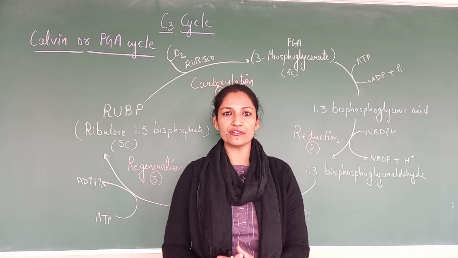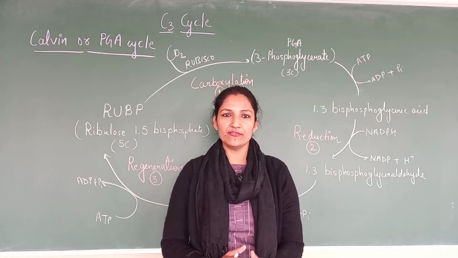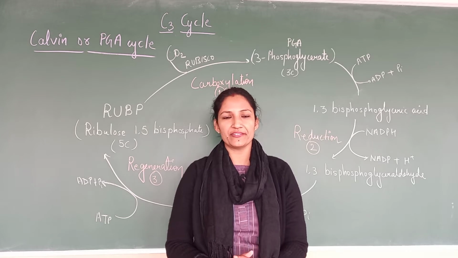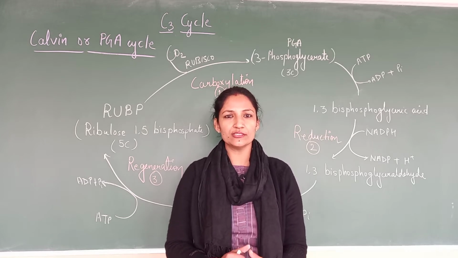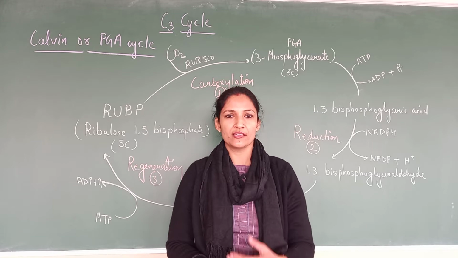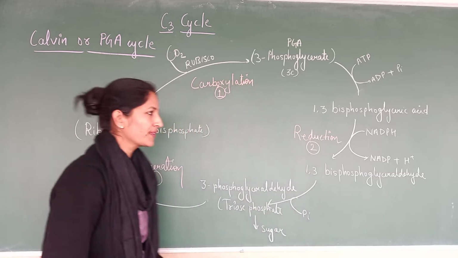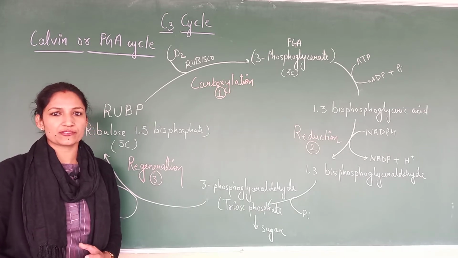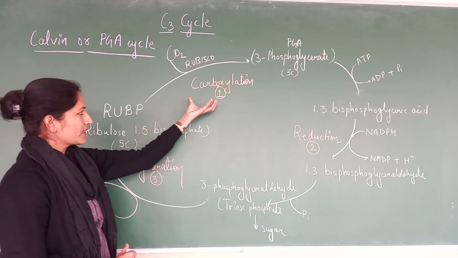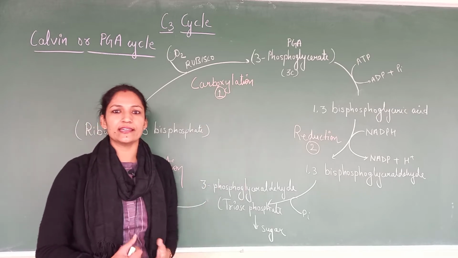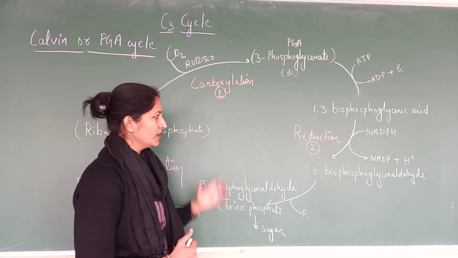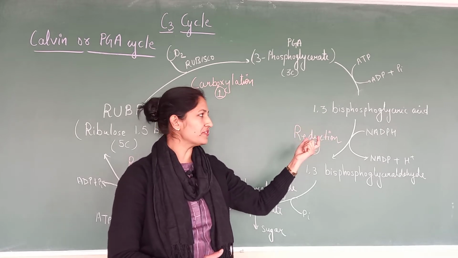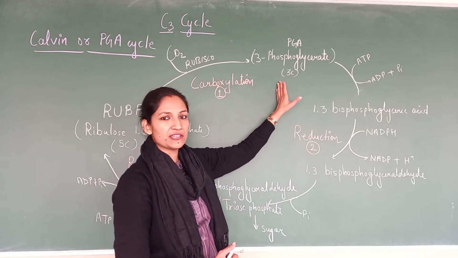So here we are going to talk about the steps involved in making food, that are the carbohydrates. So let's see how the glucose is formed in the plant by this cycle. C3 cycle is going through 3 steps. One is carboxylation, that is addition of CO2. Then reduction of that product which is formed at very first. This is PGA. Then